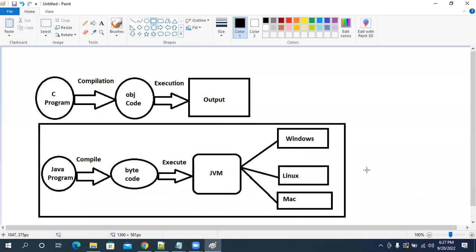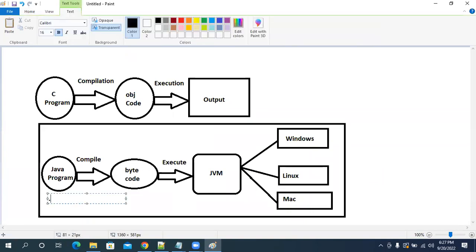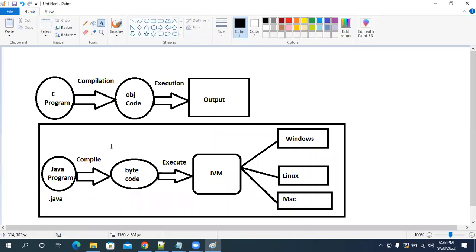That Java code will be converted into bytecode, right? The process of converting a Java program into bytecode is called compilation. Whenever we write a Java program, that file will have a .java extension.